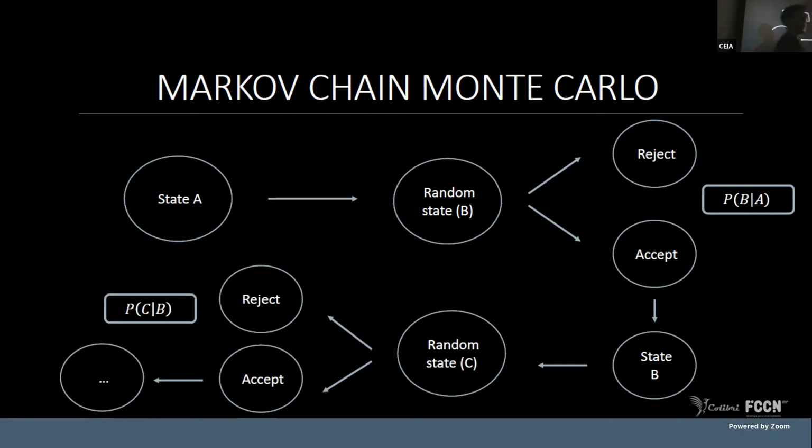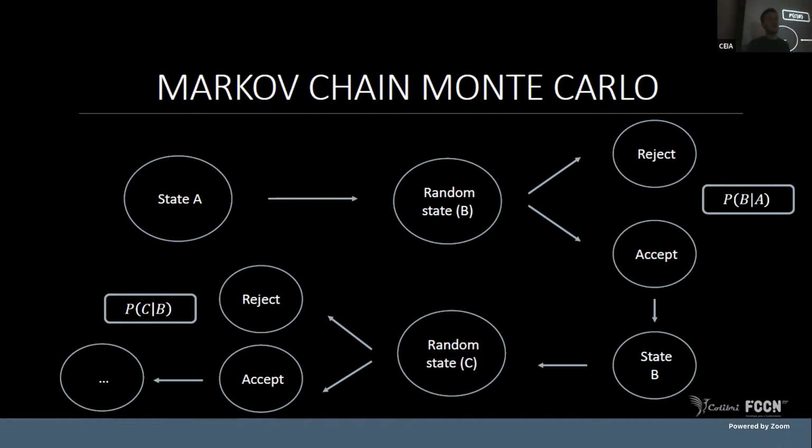So let's say you get rejected: you do the special coin flip, it lands on tails. Oh, you reject the point. You reject the state. That's the end of it. So you go back to phase one, random state, you get a new state, and then you do the same thing. Okay, if it gets accepted, you just start the game again. So you get your state B, and now your state B is the new state. You generate the random state C, and then the same thing again. Okay, and then you do this many times,